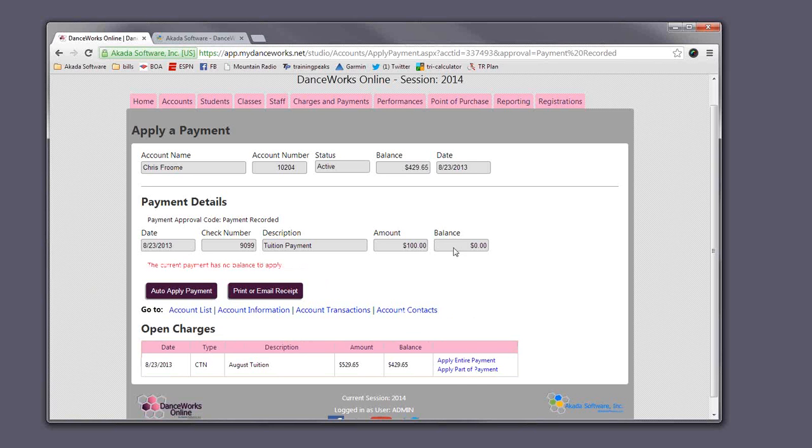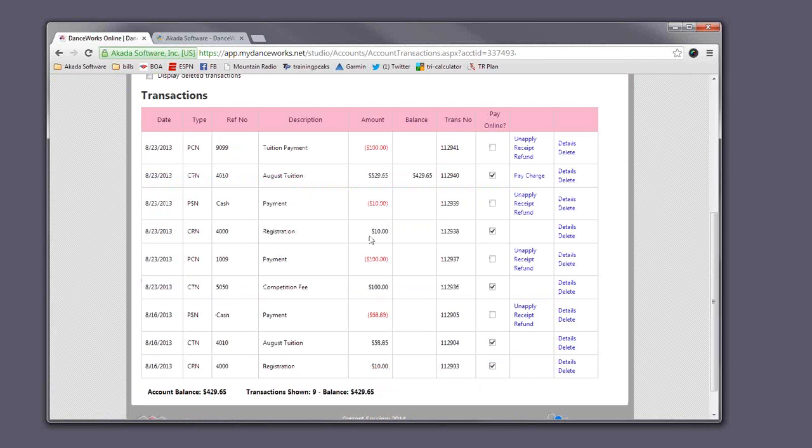And then we're good. We notice our payment balance went down. Now we can either print or email the receipt, but I'm going to go right back to the transactions. So we've applied this payment to this charge. The balance on this charge is simply reduced by $429.65. If that's the way you want to do it, there's absolutely nothing wrong with that. You just got to remember,